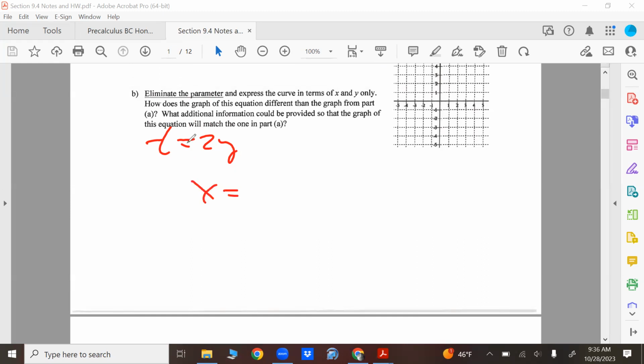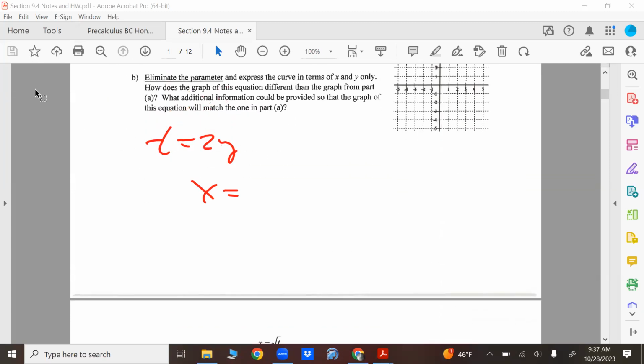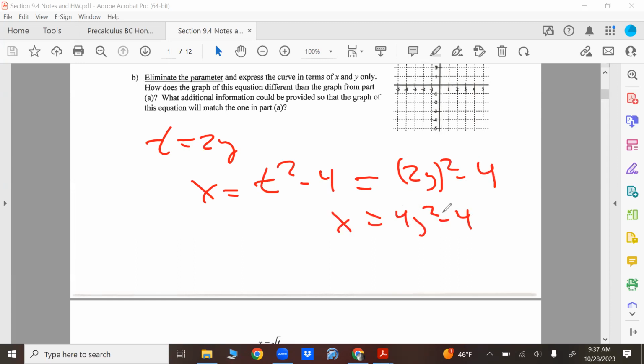x equals, oh god, my short-term memory is terrible. What was it again? x equals t squared minus 4. There we go, t squared minus 4. So t squared minus 4, or 2y squared minus 4. So x equals 4y squared minus 4. Or if you move things around, x equals... actually, that's not how we want to do it. You want to move the 4 over. So you can think of it like this, x plus 4